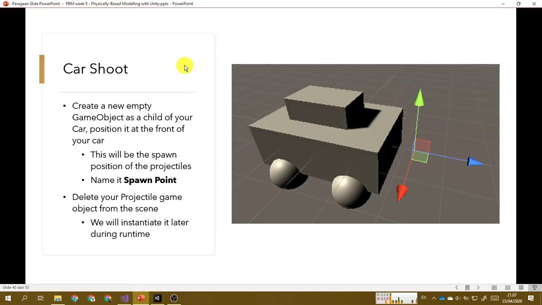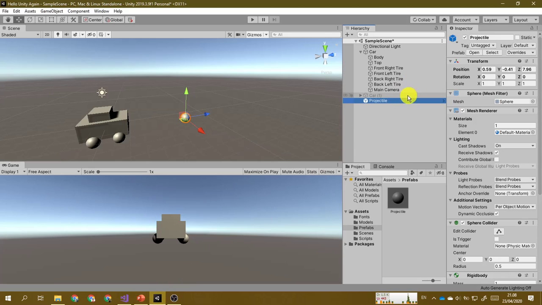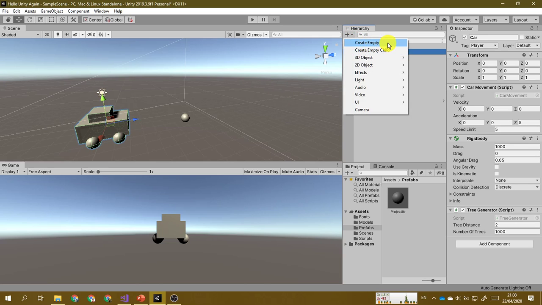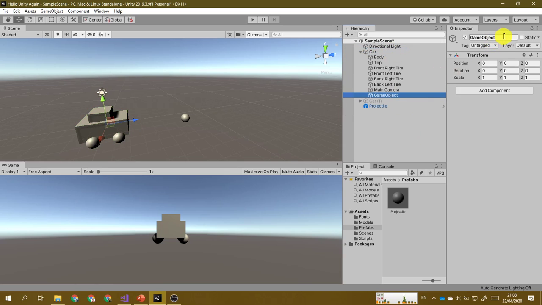Now for the next step, we will create the ability for our car to shoot projectiles. We will create a new empty game object as a child of our car. Then we will use this empty game object as a starting position for the projectiles to spawn. This will be the spawn position of the projectiles, so simply name it spawn point. I will add an empty game object, select create empty child here, rename it to spawn point,